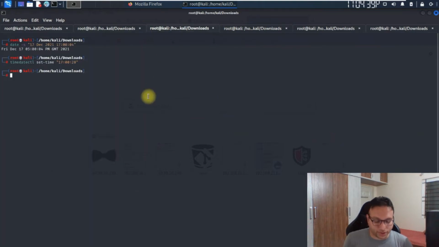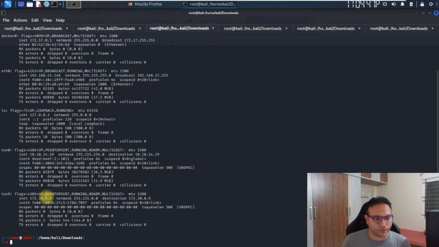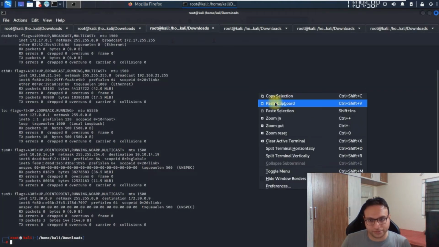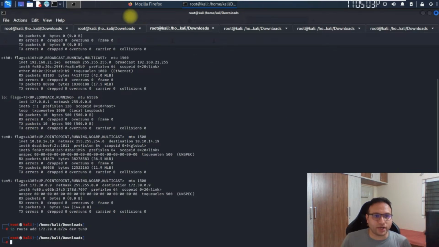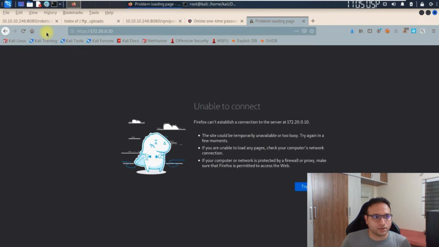Once we are connected with a VPN, what tunnel is created for us? We have to identify that also. So I can see over here that the tunnel one is 172.30.0.9. Okay, that is the one. So what we have to do is simply put a static route from our side for this, so that we can access this web page. Let me put this entry, and then try to access it once again.